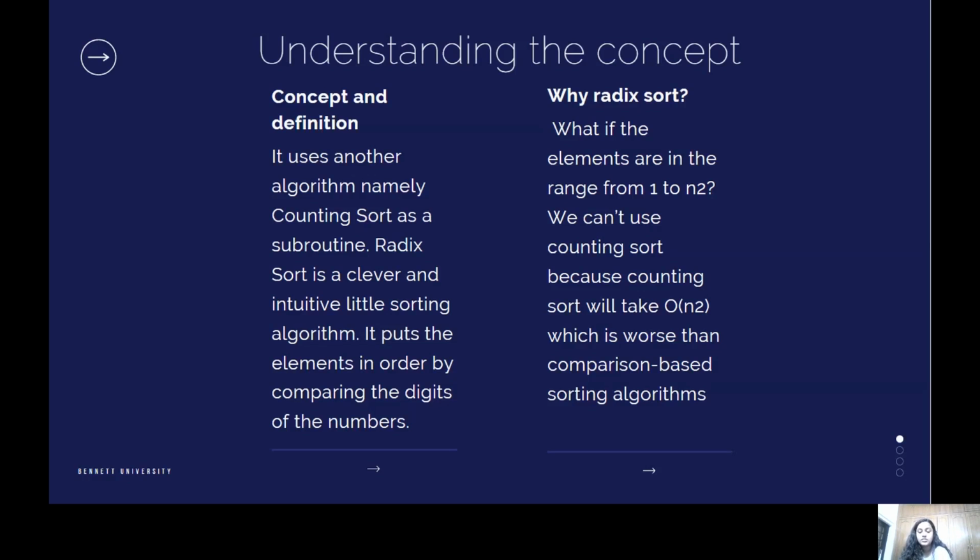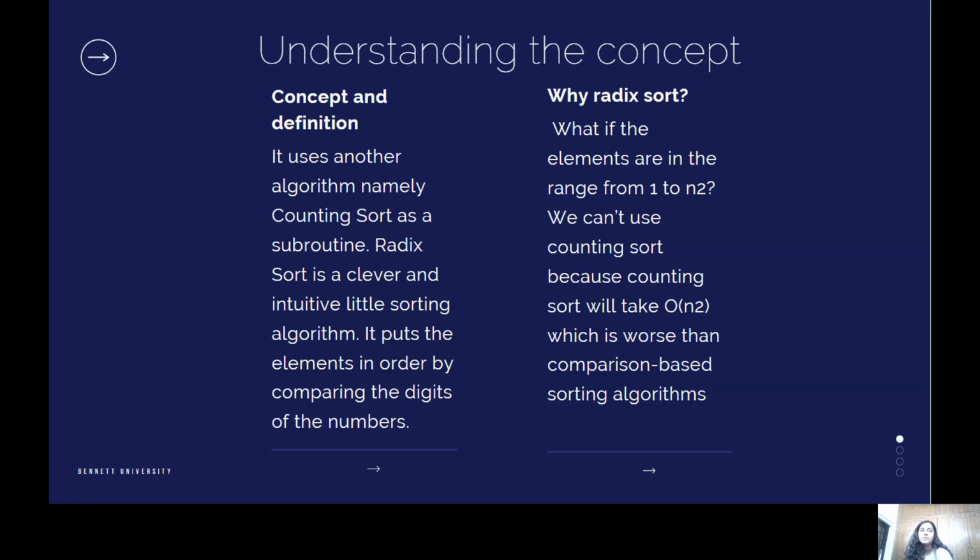This can be answered by noticing the range of elements on which we're applying these methods. Counting sort only works for numbers in the range of 1 to n, given that its time complexity remains big O of n, that is constant. Now, if we take numbers in the range of 1 to n square, we'll see that the time complexity of counting sort becomes big O of n log n, and that is equal to the time complexity of any other comparison based sort. So instead of using counting sort, we'd rather use a comparison based sort.